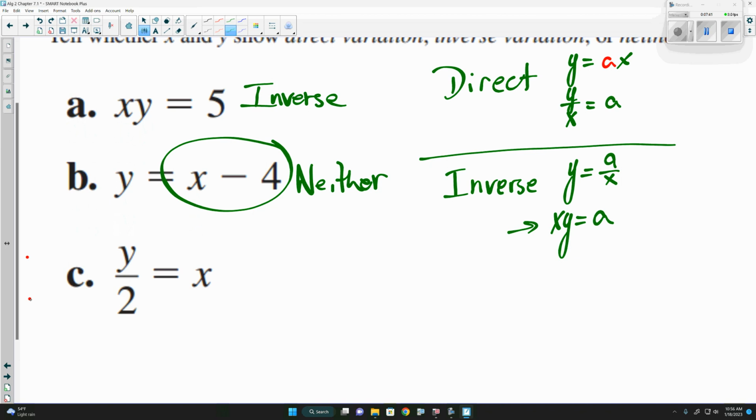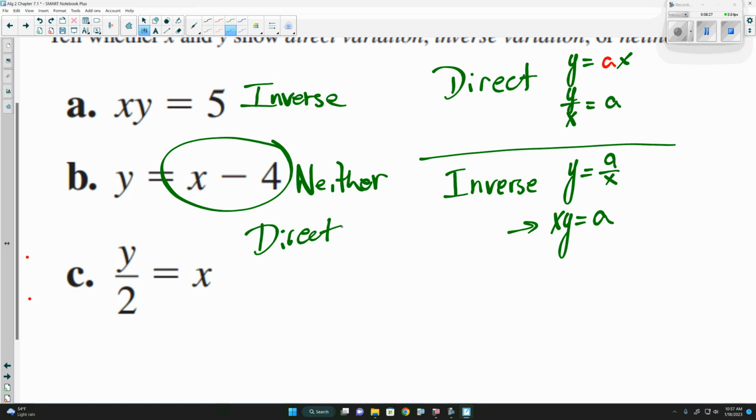C. What do we think? Direct or inverse variation? So it's a little different. It doesn't specifically match up to any of the four forms that we have, yes? So let's look at x and y. Are x and y on the same side of the equal sign or on opposite sides of the equal sign? Opposite. Is one on top of the fraction, one on bottom, or both on top? Both on top. Which one, direct or inverse, has them both on top? Direct. Even though it's not necessarily a fraction, x and y are still both in the numerator, yes? So this here would be